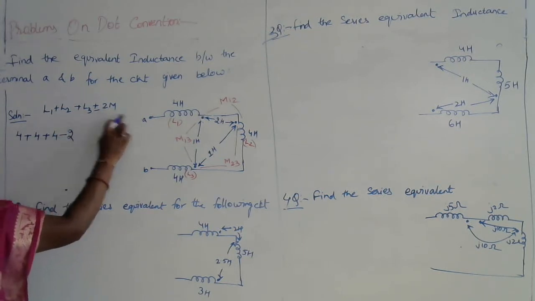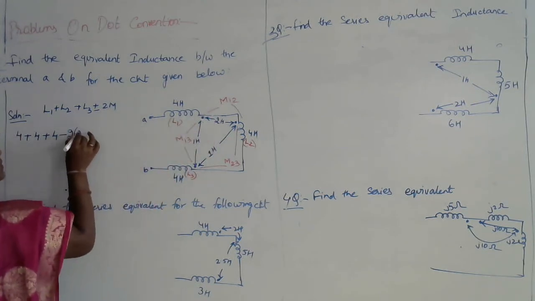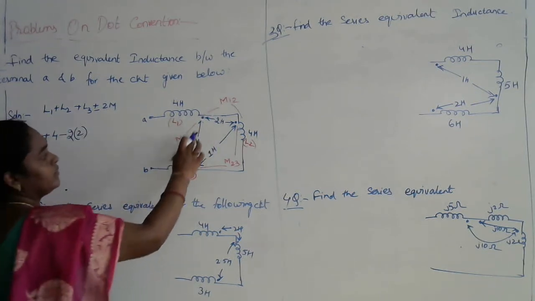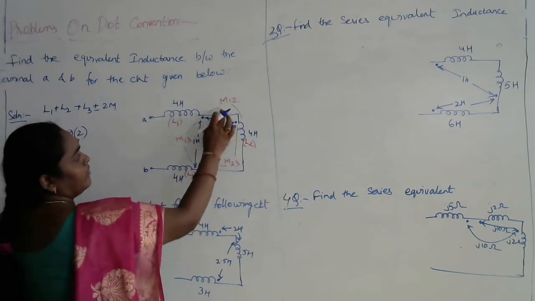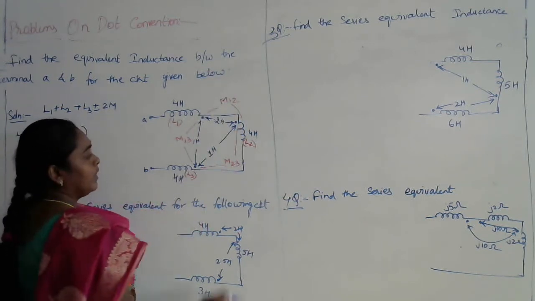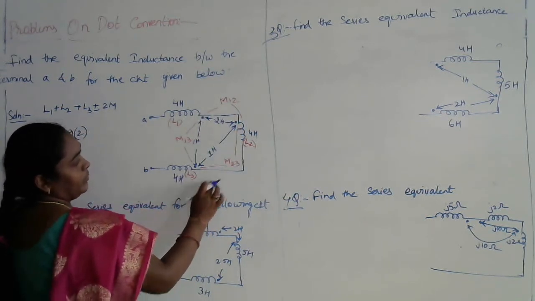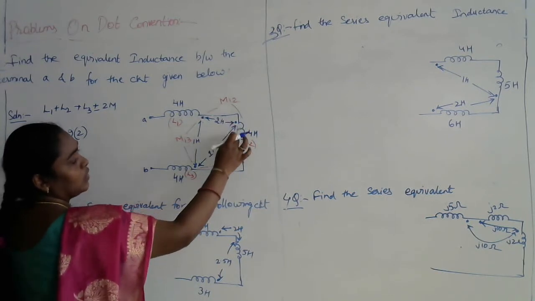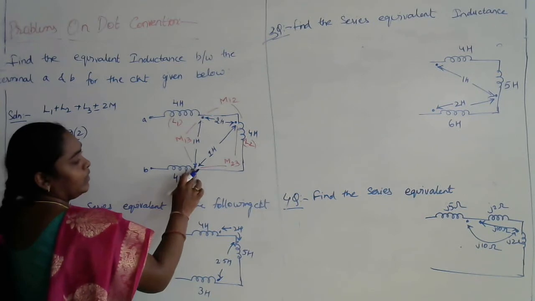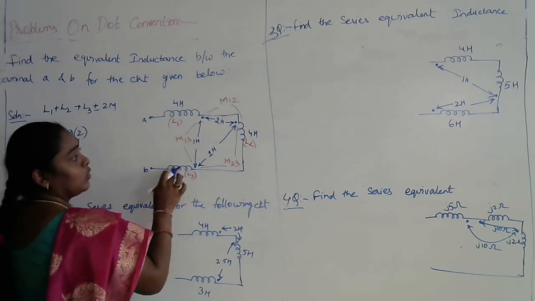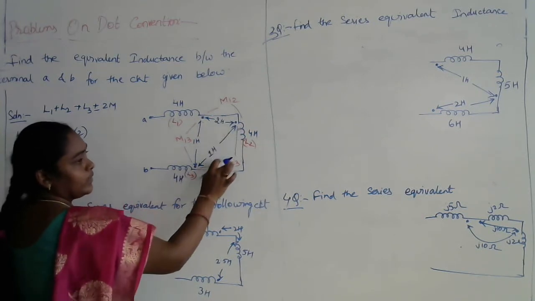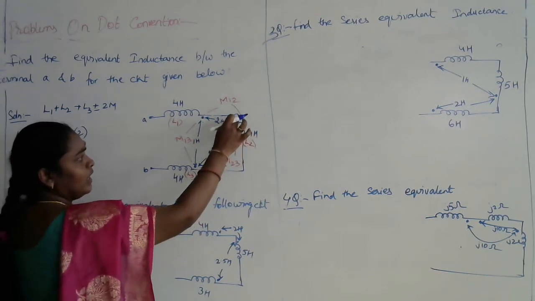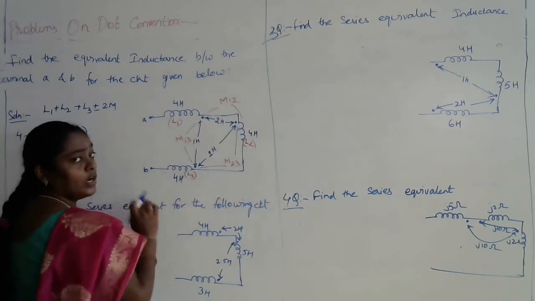This is 2. The value of this mutual inductance is again 2. Now we have completed M12. Now we need to check for M23. In case of M23, here the direction of current flow is dot to coil. At the other dot, the current is also flowing dot to coil, as both are flowing in the same direction, that is dot to coil as well as dot to coil.